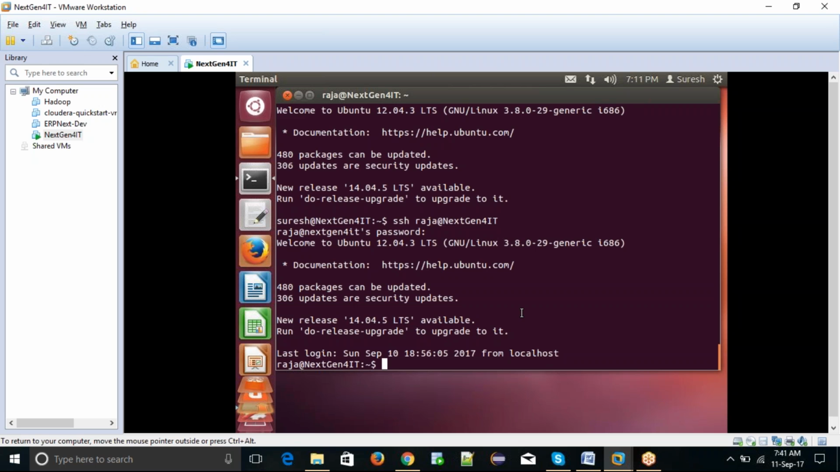Okay. Suresh, can you show auto SSH? Auto SSH, I did not get you. Yeah, can you show us auto SSH? Means passwordless authentication in SSH. Okay, so passwordless authentication means